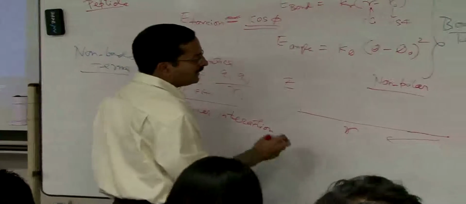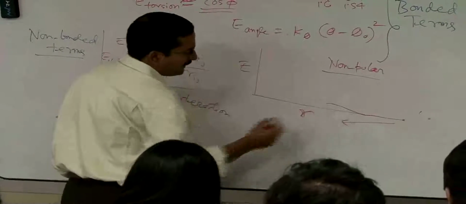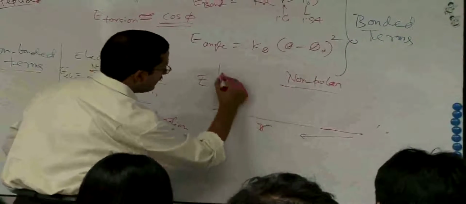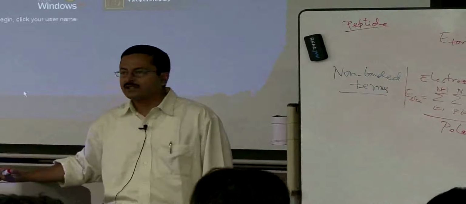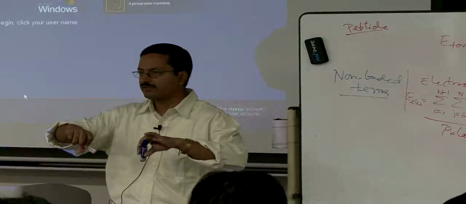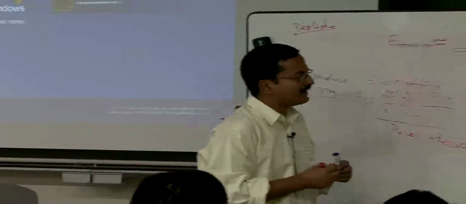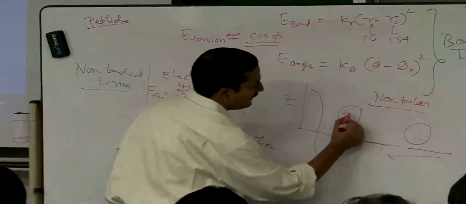What will happen actually? It depends, but energy will decrease and then increase. So, it will be something like this kind of plot. The reason is that you may think they do not have any charges, so how is the energy decreasing? But even though they do not have any charges, they have electrons. There are two atoms and there are electrons,